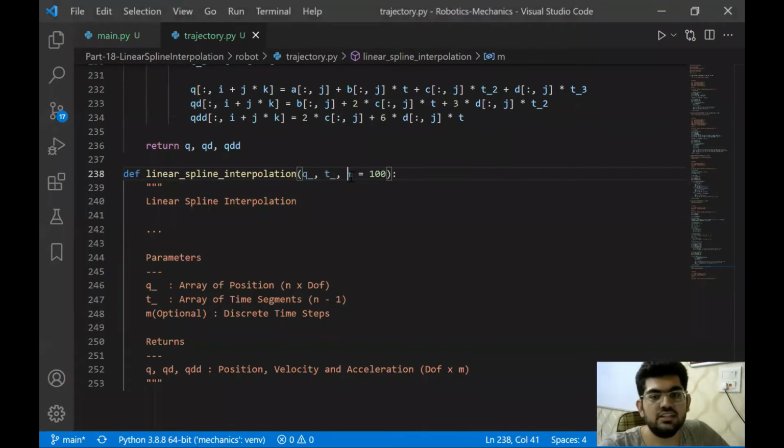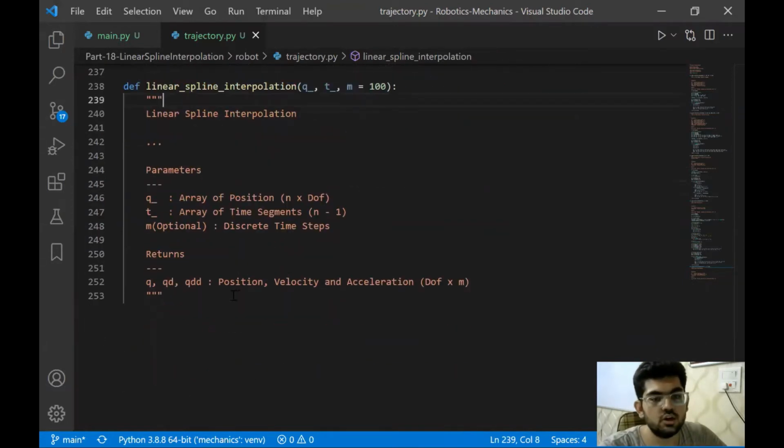In our case, what we are usually doing is interpolating from 0 till 1 by segmenting the 0 to 1 instant. That's just a general way of doing things. And we specify the segmentations by m equals 100. So this implies that the sum of the t underscore elements should equal 100, or simply should equal the value of m.